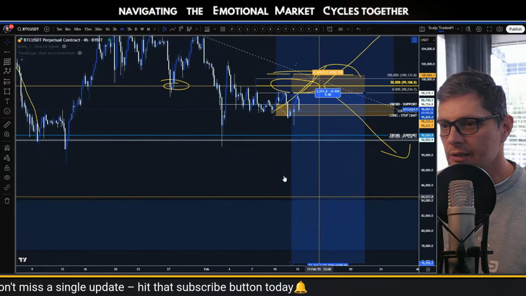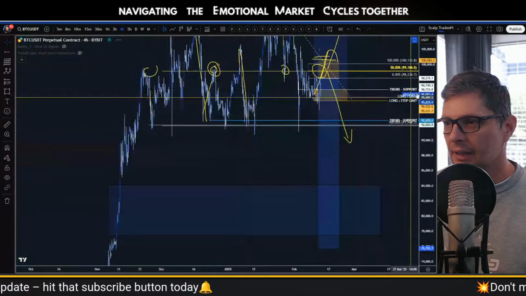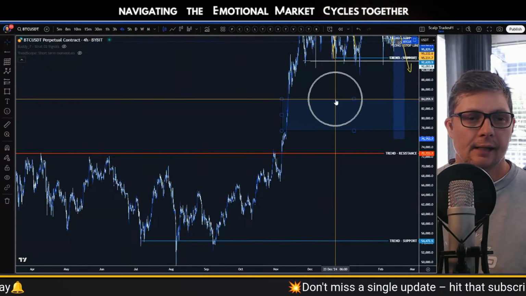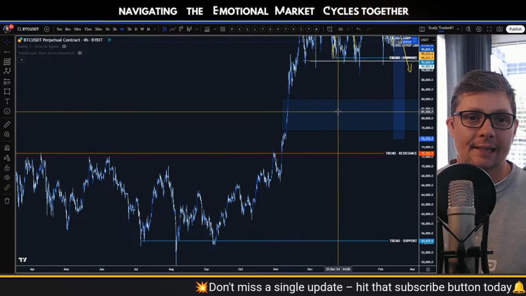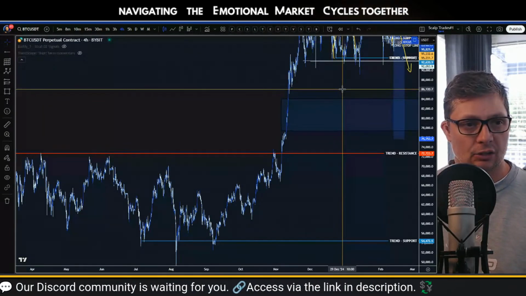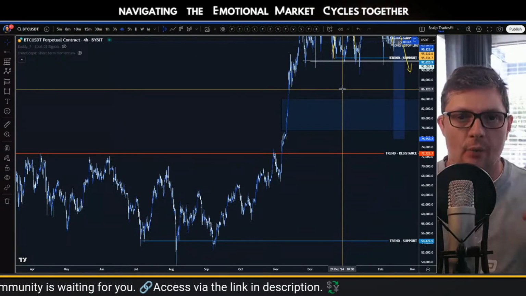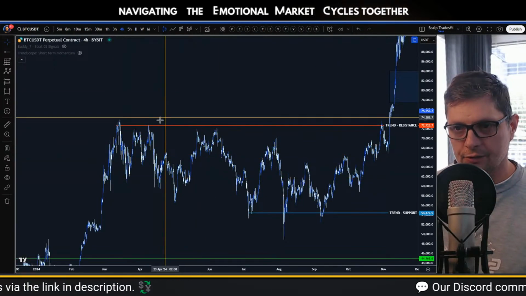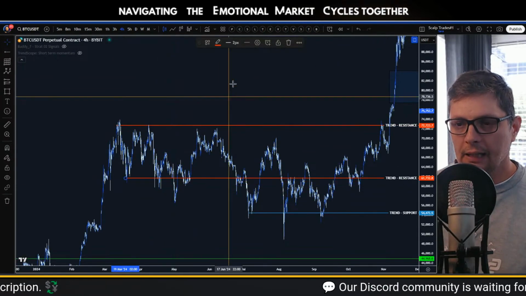So in order to do this, I want to zoom out. I'm going to leave it on the 4 hour, but I want to zoom out and show you guys why I think that we're going to dive into the 80s, 88, 87, and so forth, looking at today's bearish idea. When we looked at the original trading range from a 4-hour point of view,